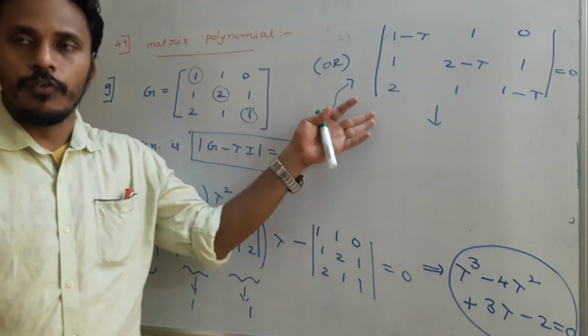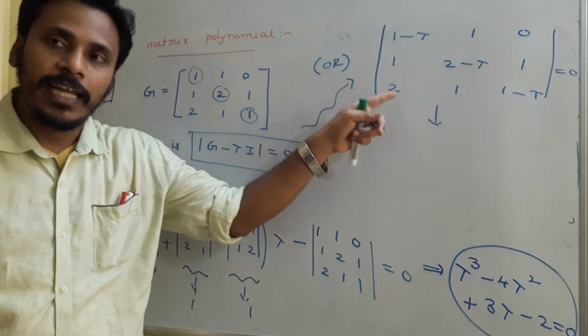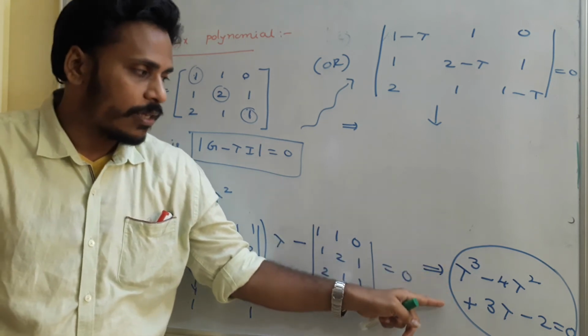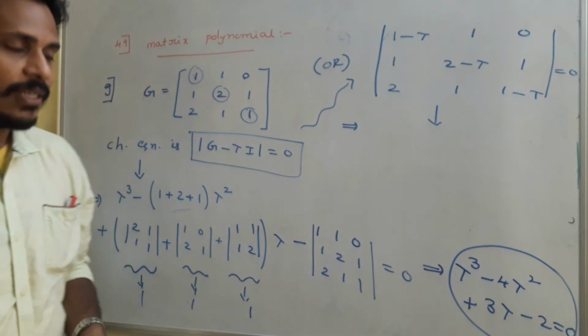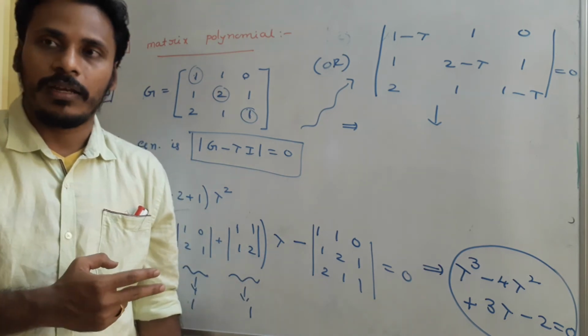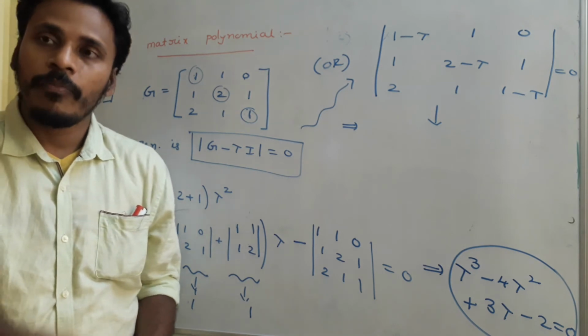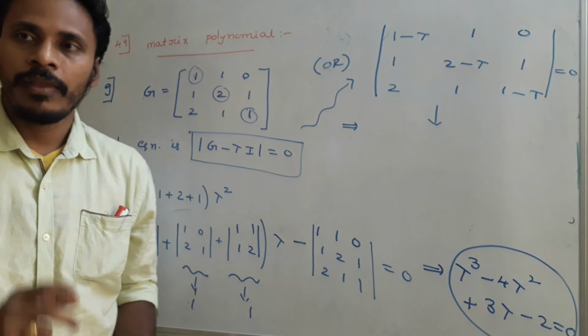You just do now if you wish. Okay, you just find its determinant, and in terms of lambda you get it in the same way, that lambda cube minus 4 lambda square plus 3 lambda minus 2 is equal to 0. So at the end, to find the characteristic equation, we have two techniques. One thing is directly finding the determinant in terms of lambda, and the other thing is this particular observation. Okay, have a look.